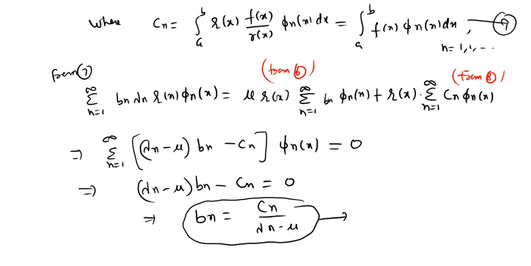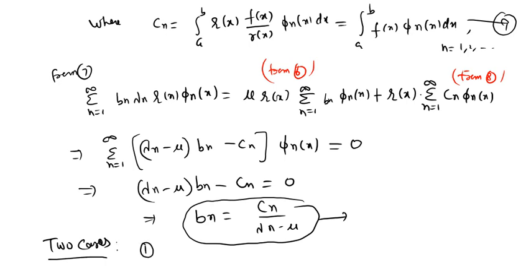Now we know bn. So if you have bn, you can find the solution of the non-homogeneous problem. And what is lambda n? Lambda n are the eigenvalues of the homogeneous one. Mu is a given factor in the equation, and cn comes from f(x). So by writing f by r as a linear combination, you can find cn, you can find lambda n and mu, so you can find bn. But we have to discuss two cases here, most importantly.